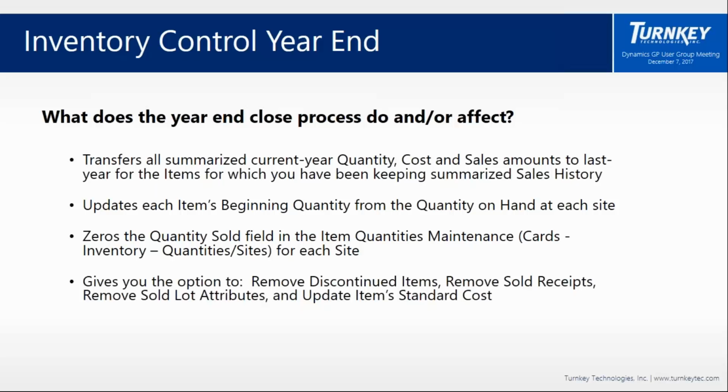Basically, moving it from your current year, wiping that out because it's not your current year anymore, and putting it into the next bucket for you. It also will update each item's beginning quantity. Makes sense, right? Because it's the new year, so it's going to be a new beginning quantity. Zeroes out that quantity sold field. Again, because you're starting new with a new year, so you want those all to be